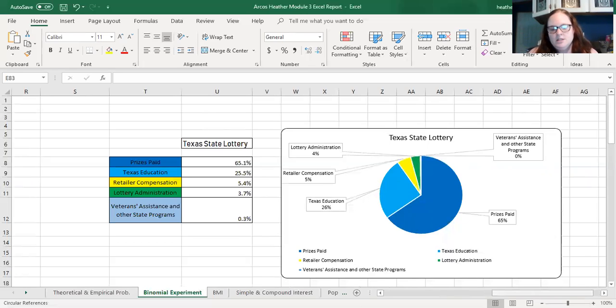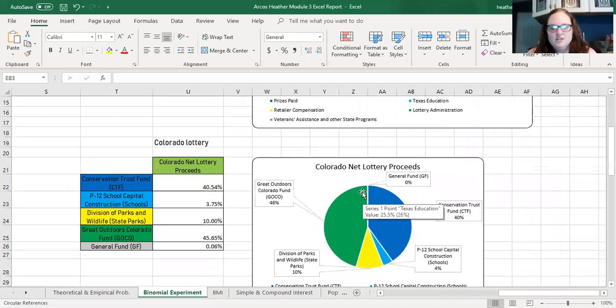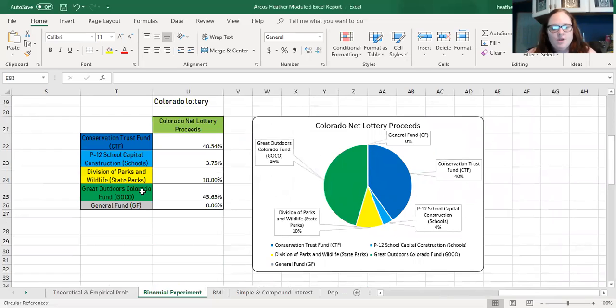So I did a Texas lottery showing what percentages go to what. On their prizes paid, the largest amount, 65.1%. They do put some 0.03% towards veterans assistance and other state programs. It's not very much. And education is 25.5%, so they do spend quite a bit on education in Texas. For Colorado,